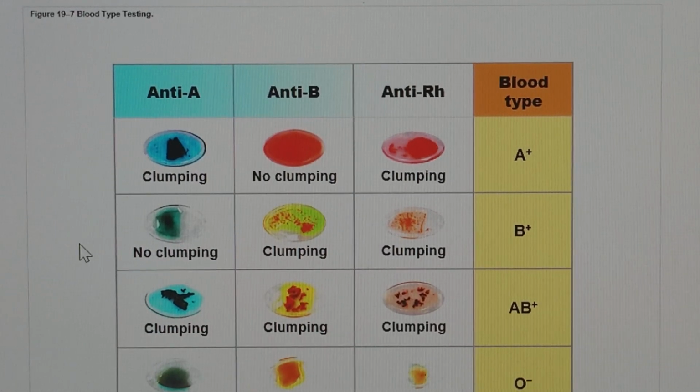This picture is showing us the various types of reactions. When we look at anti-A, we're saying that the agglutinin or the antigen has